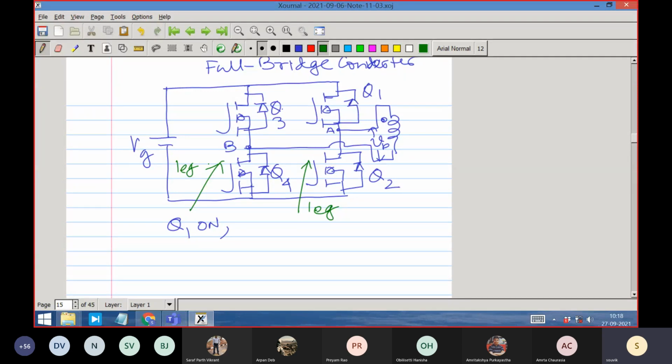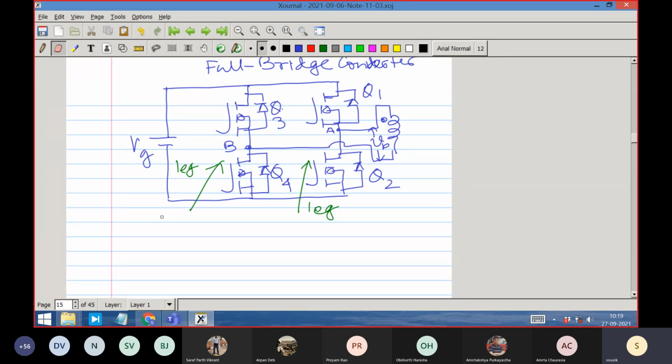So let me write it. The law is that, you tell me, if Q1 and Q3 are on, then the inductor will be shorted, right? A and B will be at the same potential. Yes, that is not a bad thing. We sometimes require 0 voltage as well. You remember in the half bridge converter we were struggling to get 0, and we obtained it from the secondary side when 2 diodes were freewheeling. So 0 voltage is a level voltage, and it is also a desirable voltage.